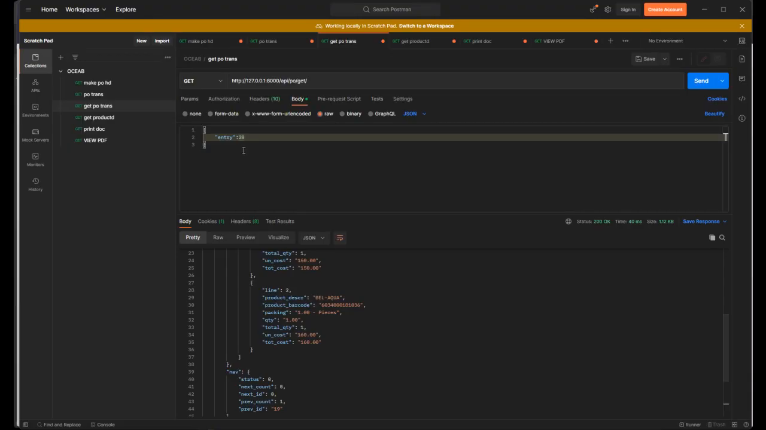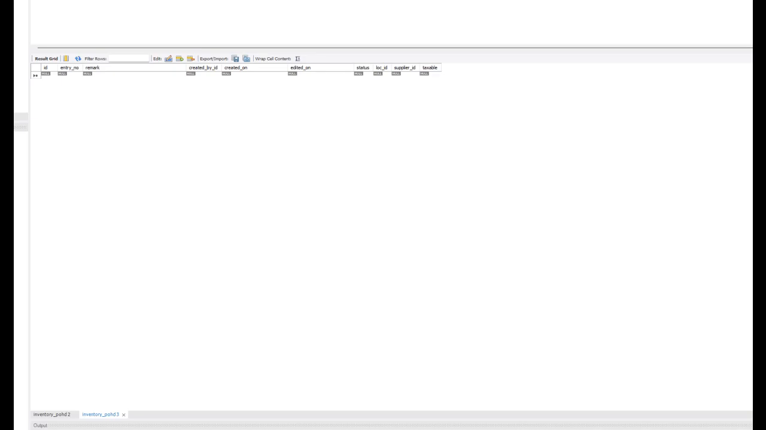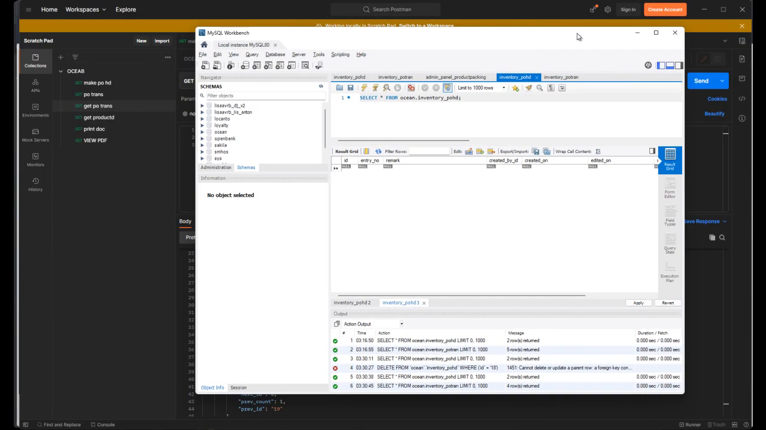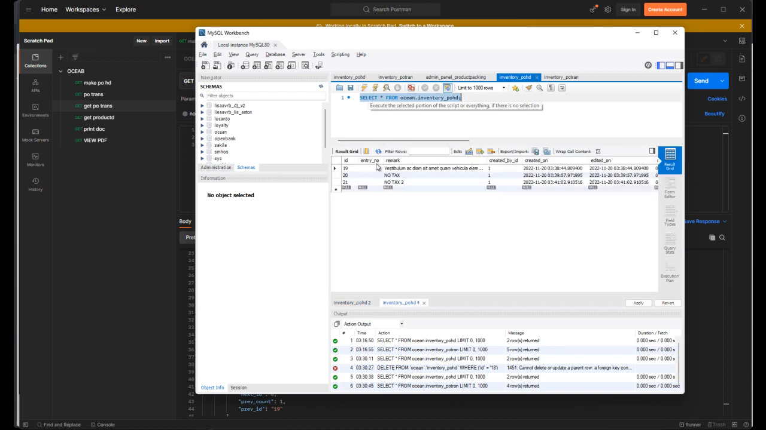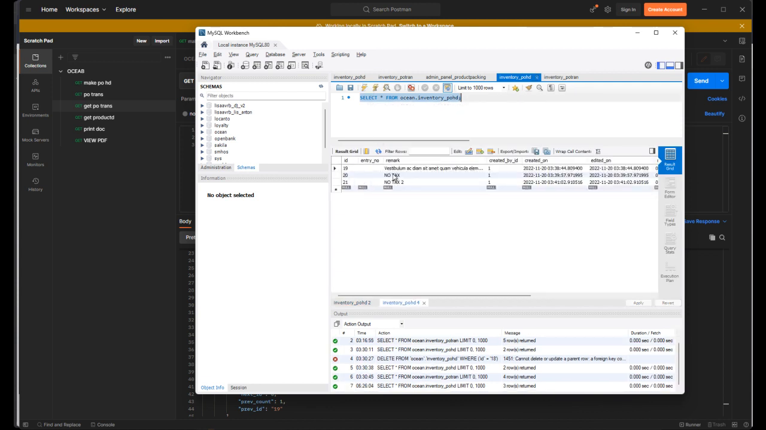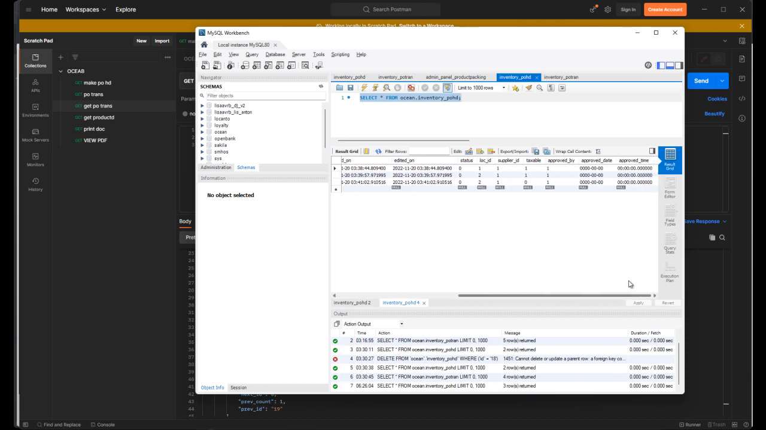Okay, we need an entry number. So when we get this entry number, let me just check my database and show you some. Just a moment. So I'm using MySQL for all these things. Okay, so realize when I come to POHD, that's the PO header, we have an entry like 21, and then this is the remark, and then this is the person who created it. This has to do with foreign keys, and then this status and location ID,